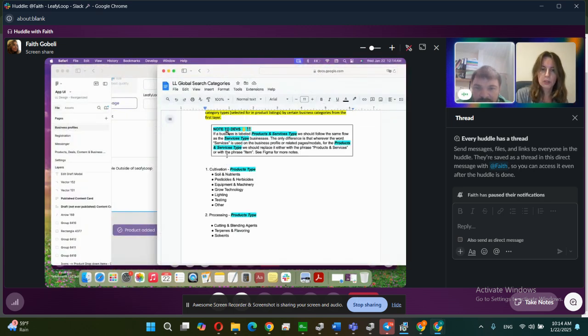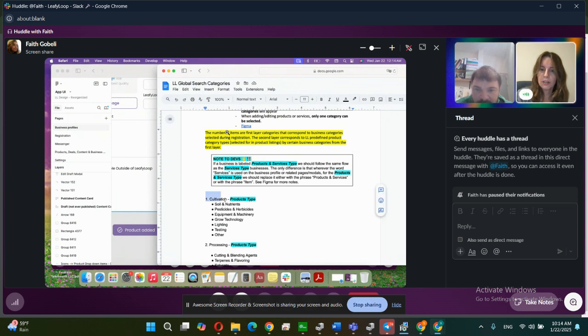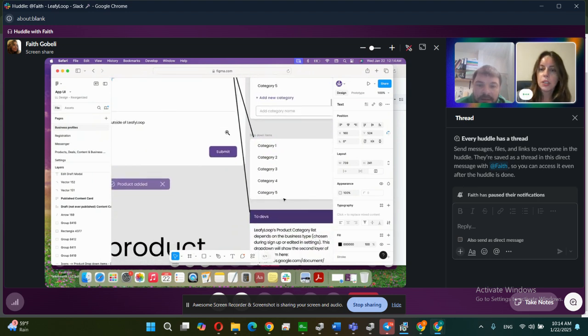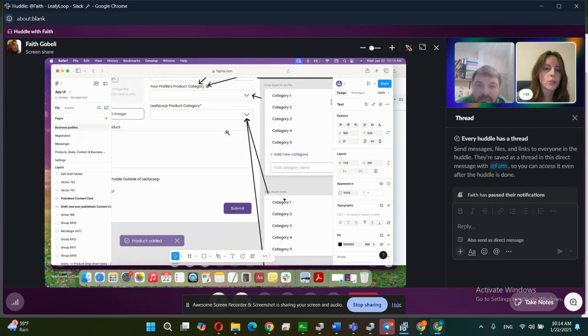The big one, the numbered one. Sometimes we call it the first layer, and we call the other ones the second layer or subcategories. So these are just those first layer categories. So Leafy Loop product category. Actually, there should also be, now that I'm